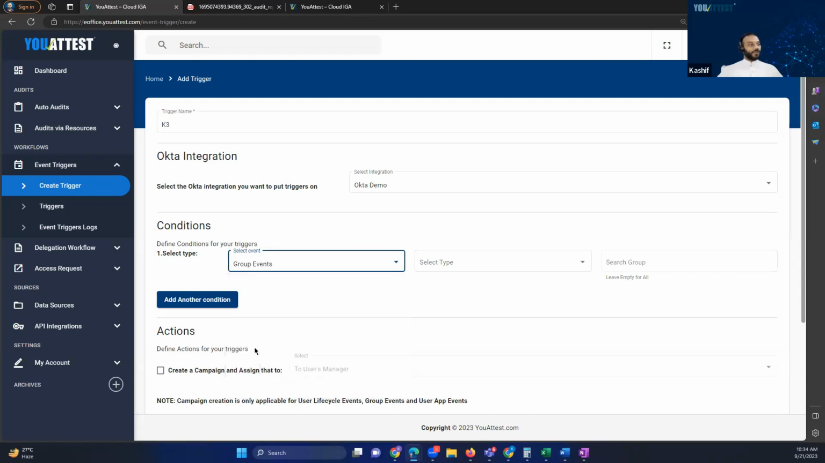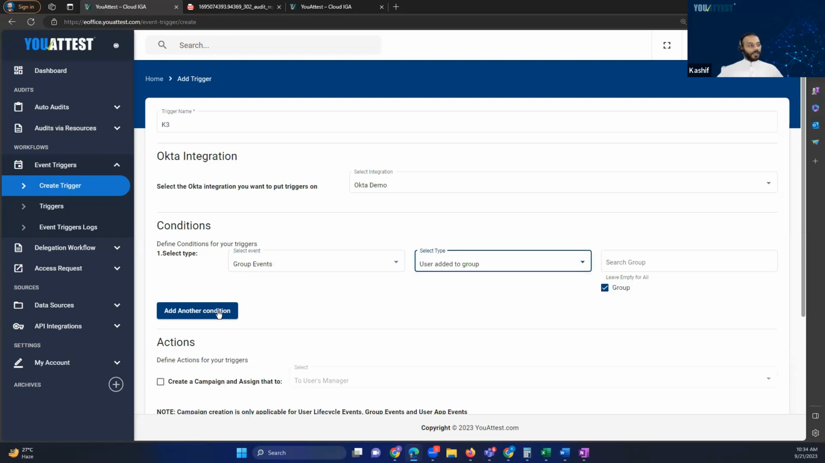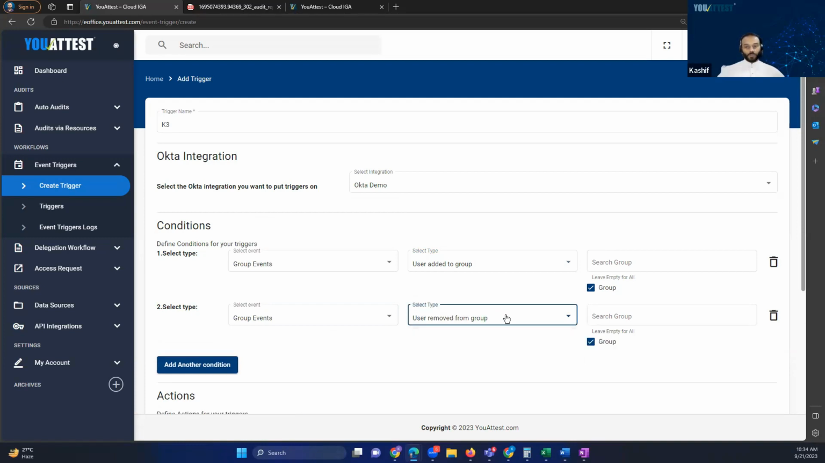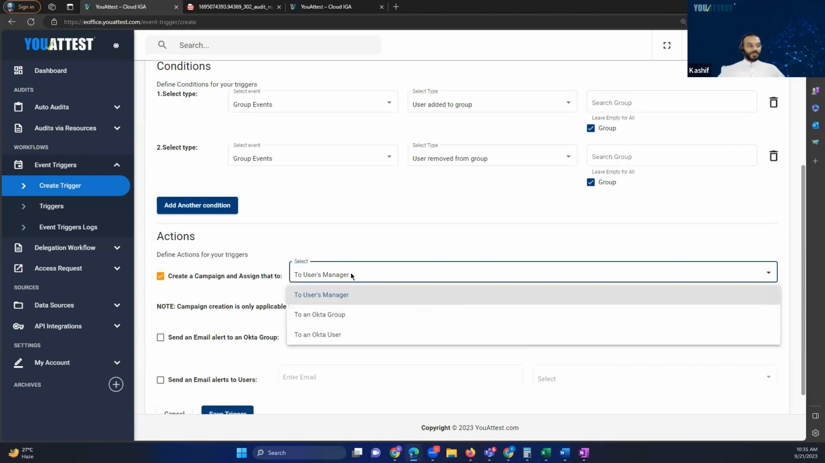So for example, here, there is a group that you would like to know about whenever a user is added, as well as whenever a user is removed from that particular group. Or if you leave it blank, it will encompass all the groups that exist inside your Okta environment. So it will go through each and every group and see where a change occurred in terms of addition or removal, and it will come back to you with a campaign created, and not only created by the system, but also it will assign that campaign to the desired user of that Okta environment. It could be the